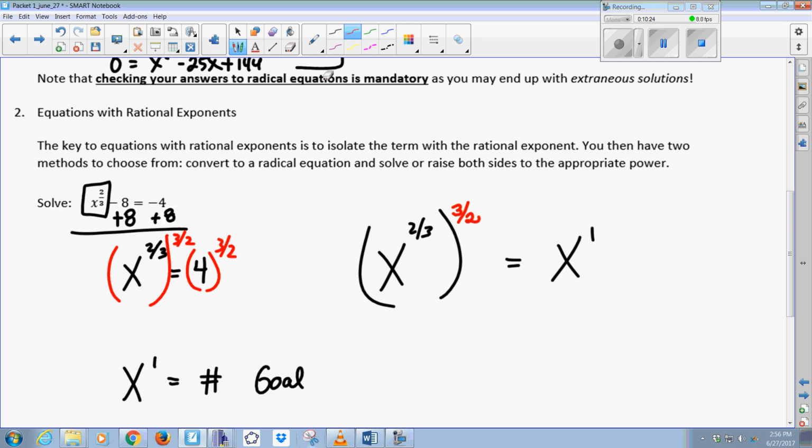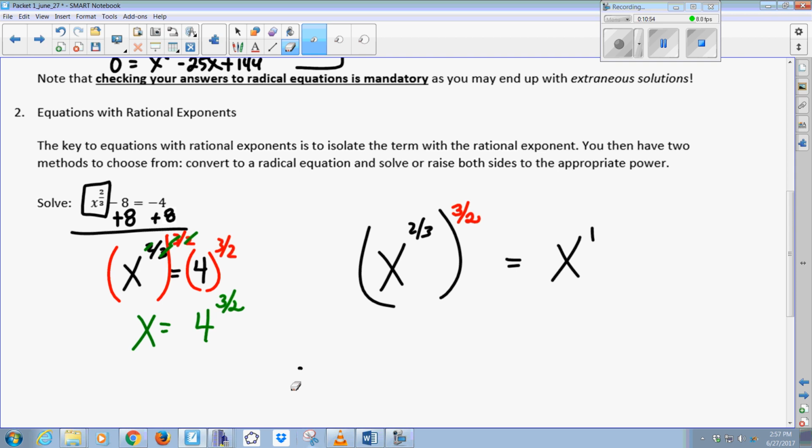And what I get on the left side is x to the 6/6, which of course is x to the first. So we're not going to bother writing in x to the 6/6. A lot of times you see students do this kind of thing. And you have x here, and now you have 4 raised to the 3/2 power. Now before you start to simplify this, one little thing you have to be aware of is when the numerator